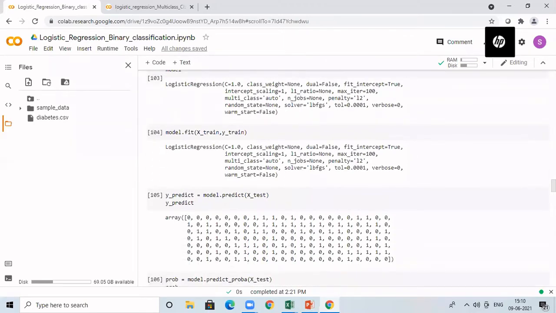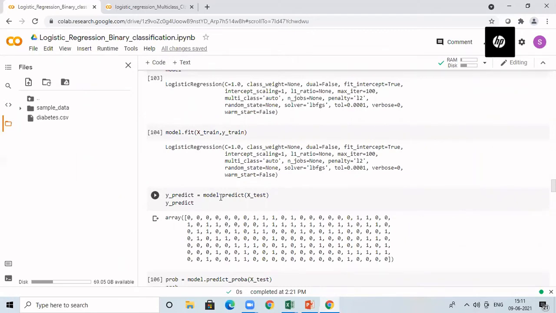Now you can fit or train the model by passing the training set. In the training set, we have X-train as well as Y-train. X-train contains only the features in the training set, and Y-train contains the target class for the training set. Pass those things to the fit function. This is the place where we are training our model. And when the model is trained, it is going to learn the parameters of the model. So the parameters of the logistic regression model will be learned here.